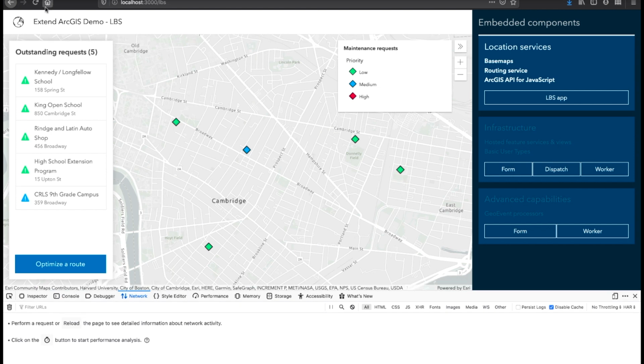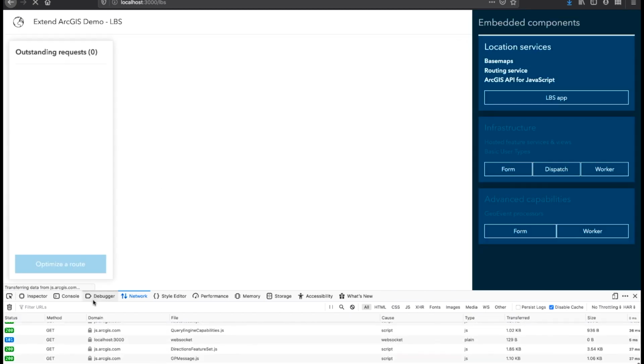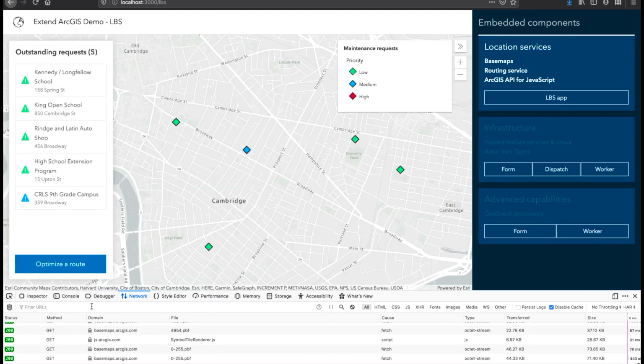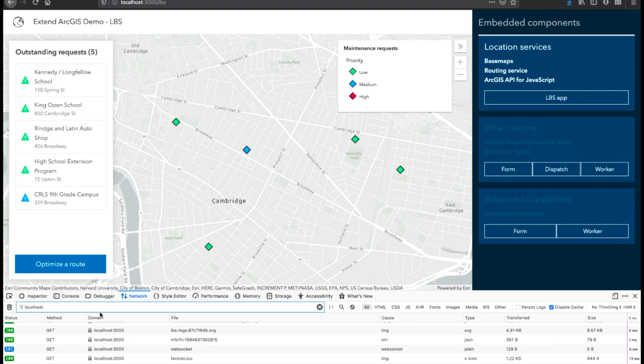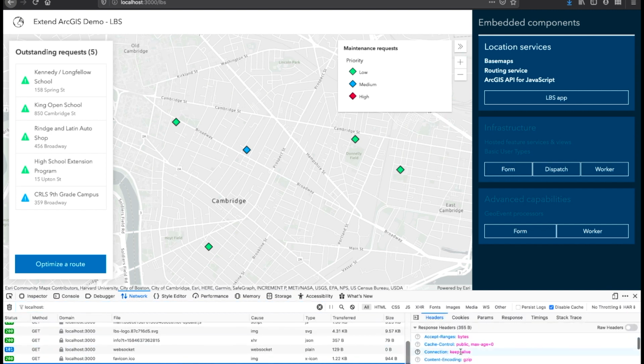But basically the way this works when we refresh the page is there's a GeoJSON file that I have on my server, in this case running on localhost, that contains the maintenance requests. I load that onto the map with the JavaScript API. That JavaScript API is also rendering the underlying base map,